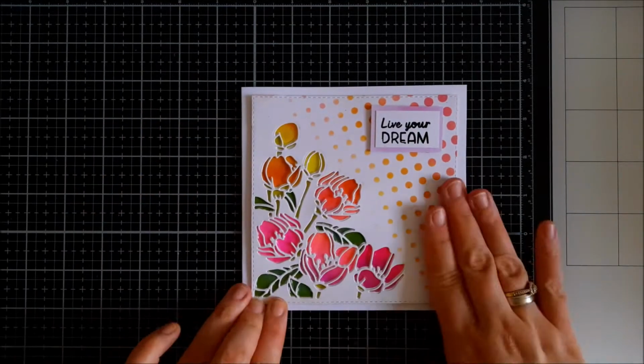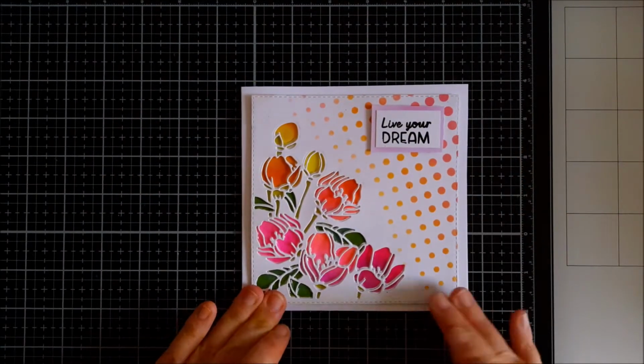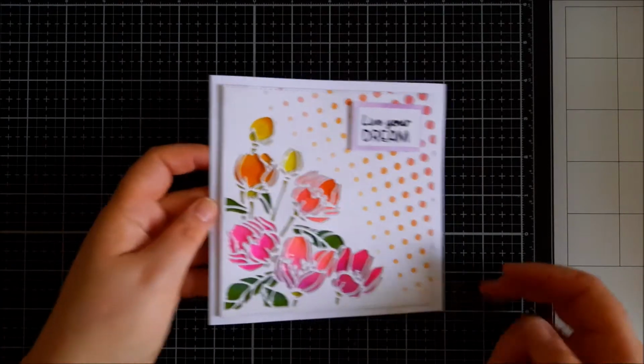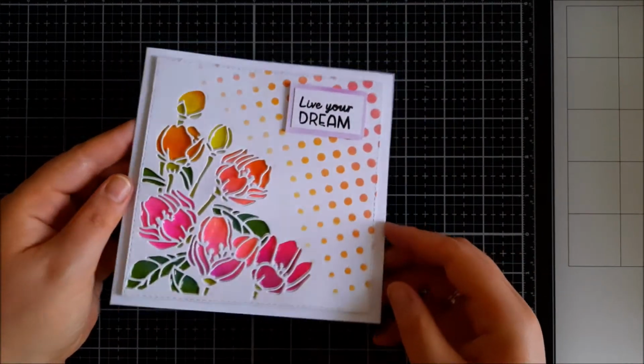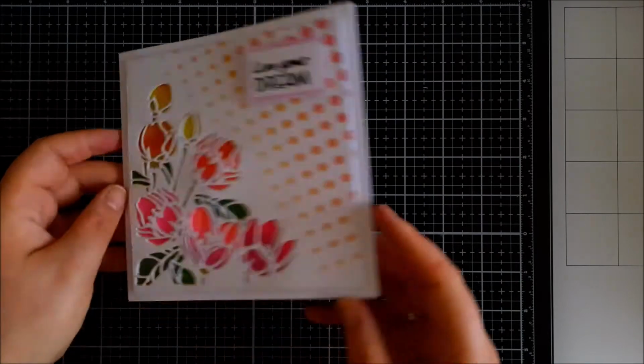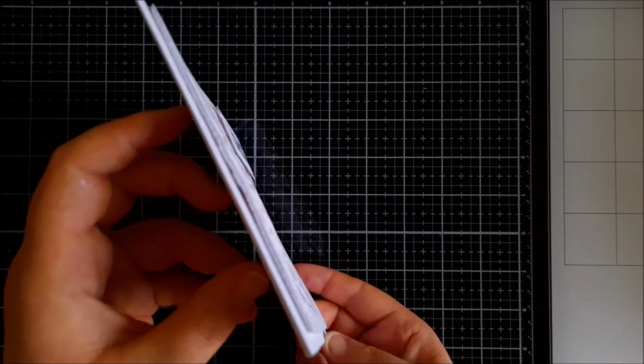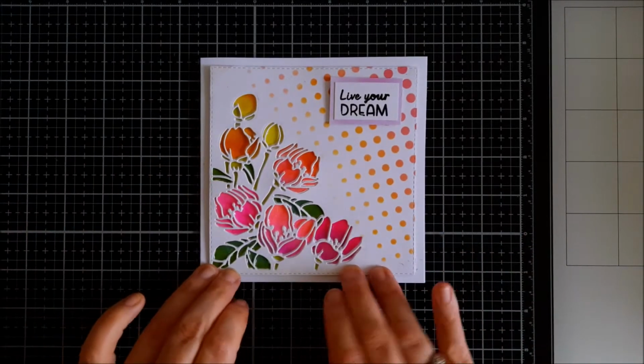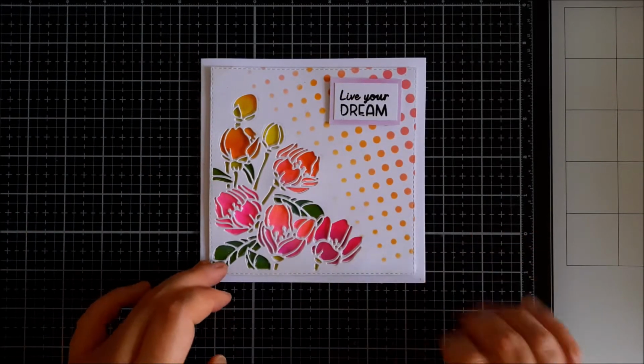And our card is nearly done. We just need a couple of gems here. I wanted to make sure that the gems will match the color of the flowers. There is so much dimension on this card. I absolutely love it. And I really didn't use so many